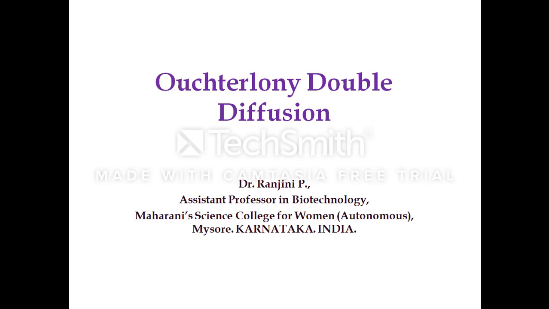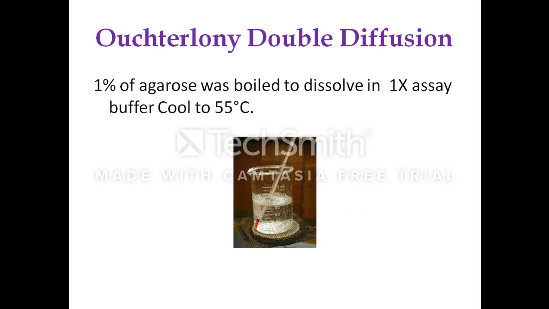The interaction between antigen and antibody at the molecular level forms the basis for several techniques that are useful in modern day scientific studies and in routine diagnosis of the antigen and antibody in clinical studies. Auchterlony double diffusion or immunodiffusion is one of the simplest techniques, extensively used to check the specificity of the antisera for the presence of the antibodies for the particular antigen and also to determine its titer.